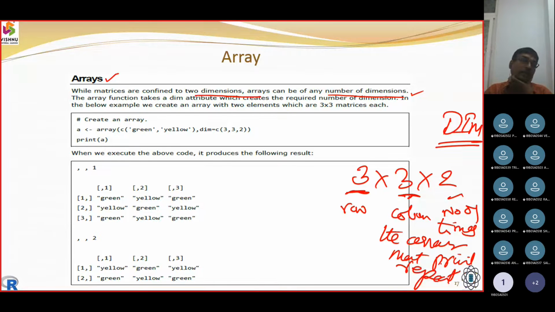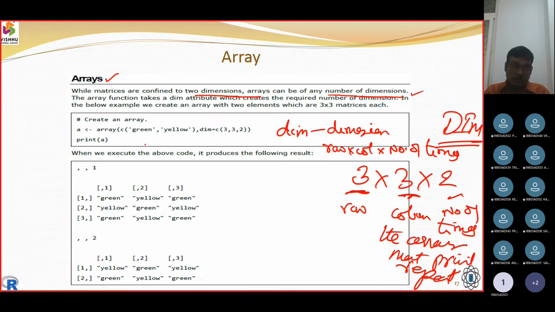So how many times the array elements have to be repeated, those many times the values are going to be supplemented. So dim stands for dimension, where we define row, column, and number of times. Now you can see here the array was given green and yellow, and this was telling it to make it 3 by 3 and 2 times. So I want 3 rows, 3 columns, and the number of times